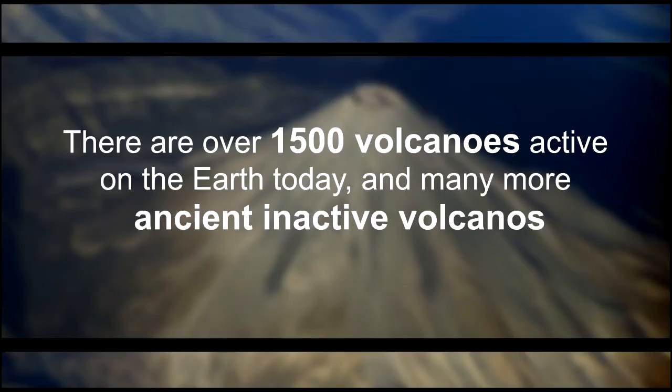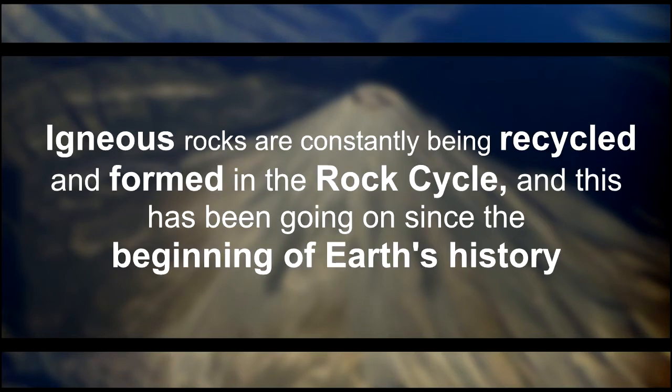There are over 1,500 active volcanoes on the Earth today, and many more ancient inactive volcanoes. Igneous rocks are constantly being